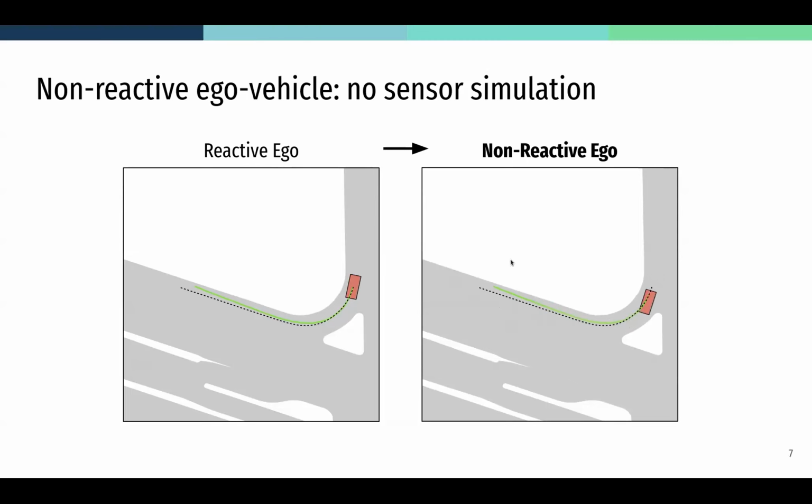Basically, in this setting, once the model has made a prediction over 4 seconds or 8 seconds or whatever your simulation horizon is, it can no longer adapt this prediction, and it needs to be much better at long-term planning. So that is one of the differences of this style of simulation.